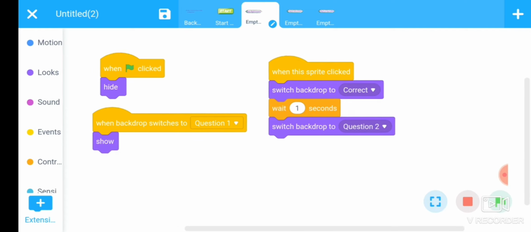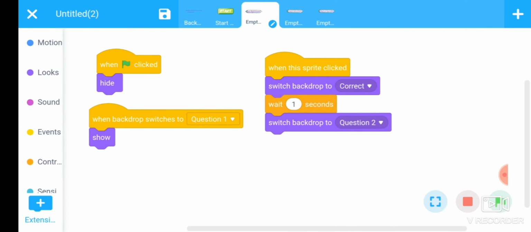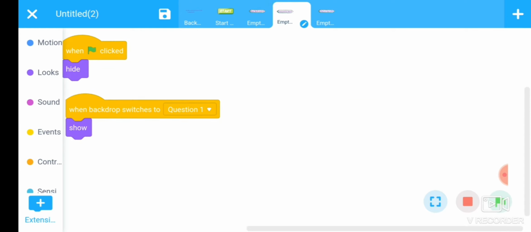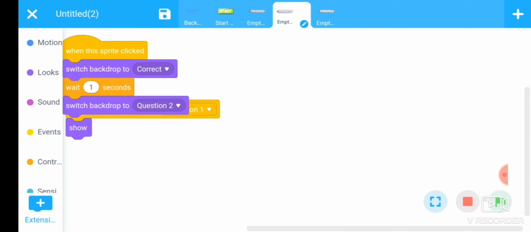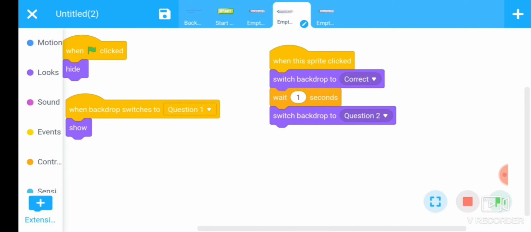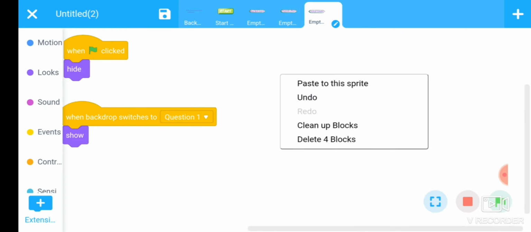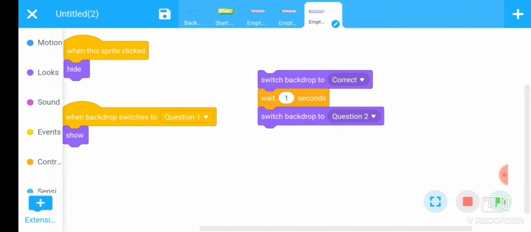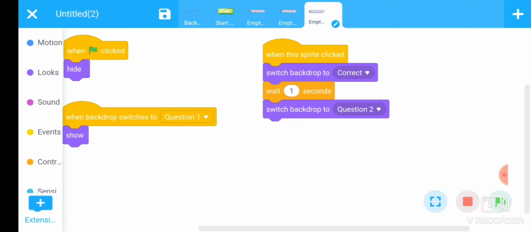Now copy this sprite and paste here and paste here. Okay, you know that the last two options are wrong, that is, the Rahul Gandhi and Narendra Modi options are wrong.